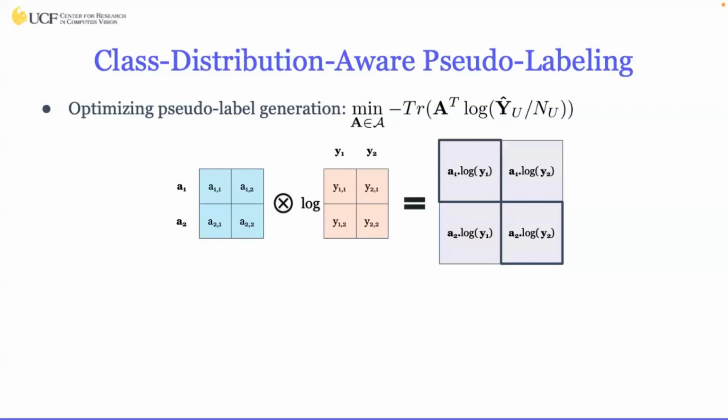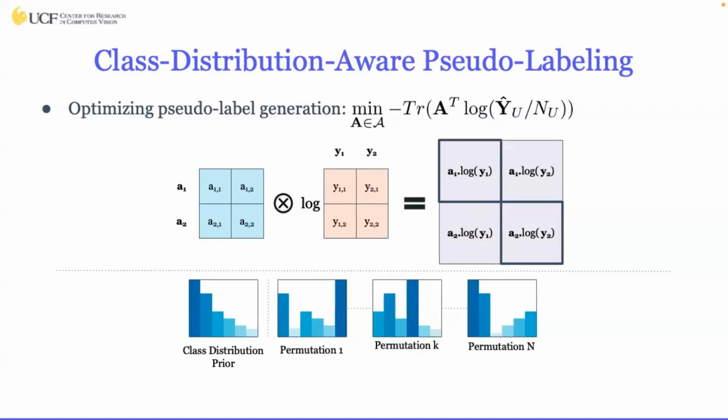However, we still have a problem with this. It's mostly because we are dealing with unknown classes. If we think about it, we are trying to take advantage of the prior class distribution, and we have access to only one set of prior class distribution. But since we are dealing with unknown classes, the network can learn to cluster these unknown classes in any order. That means this prior distribution we have access to is not valid since the network learns it in an arbitrary